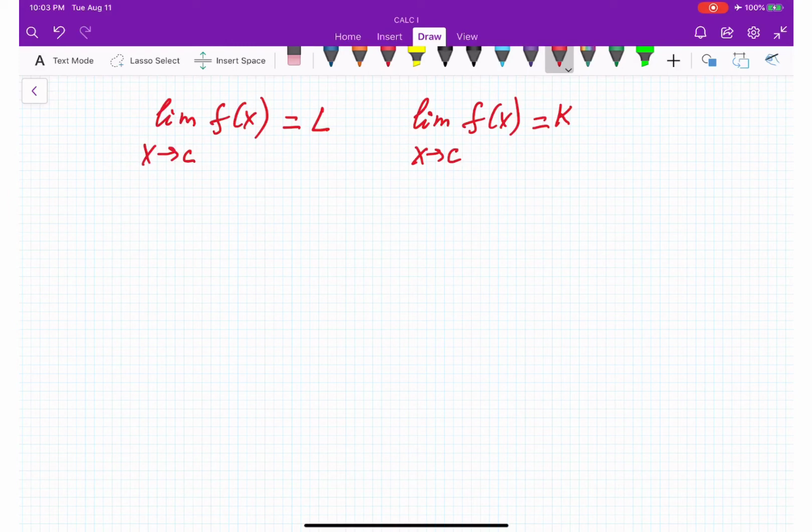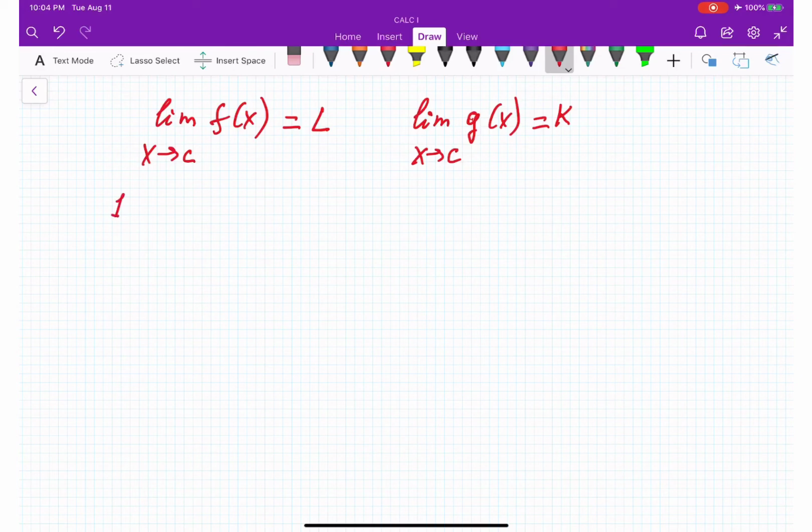So all numbers that exist in the world, those are real numbers. All right. So in that case, if the limit of f of x is L, and the limit of g of x is equal to k, then